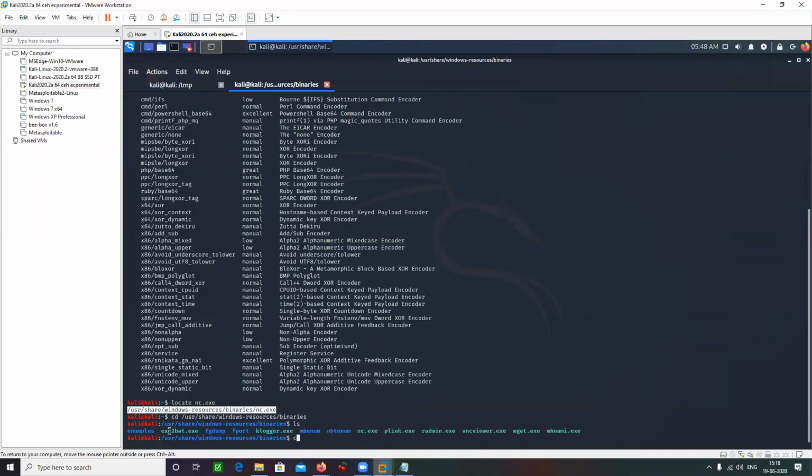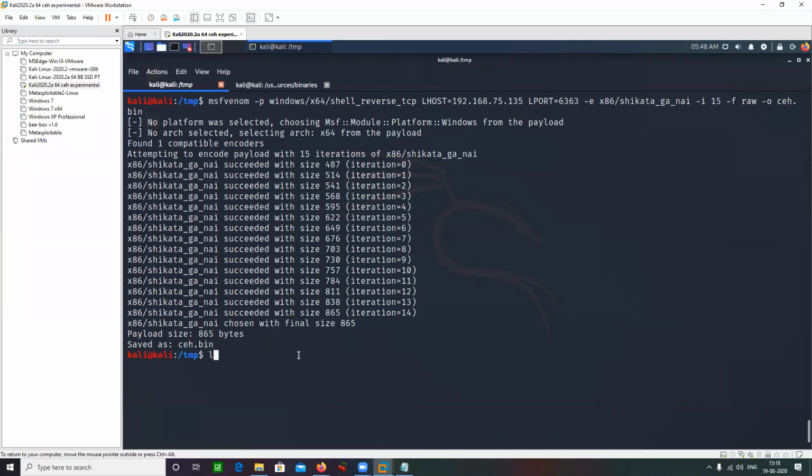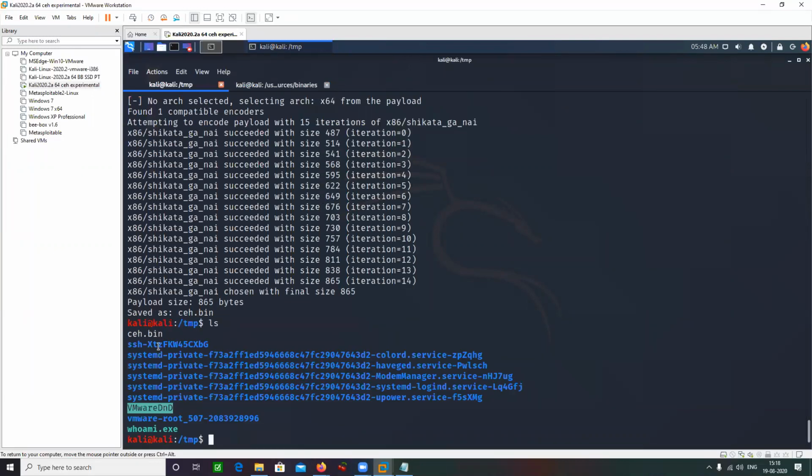Okay, cp whoami.exe to the temp directory. So what do I have here? I have my malicious payload and my executable file over here. This can be any executable file.